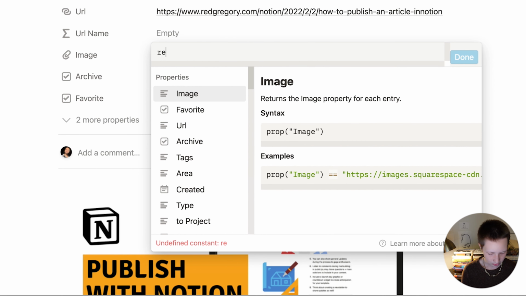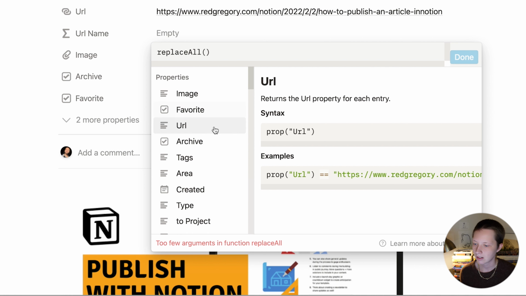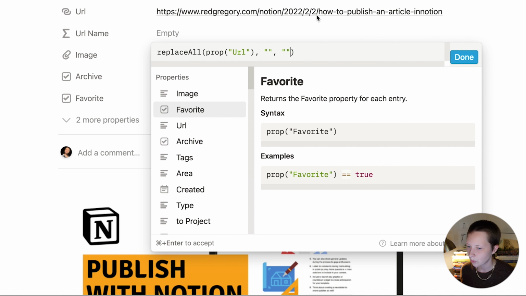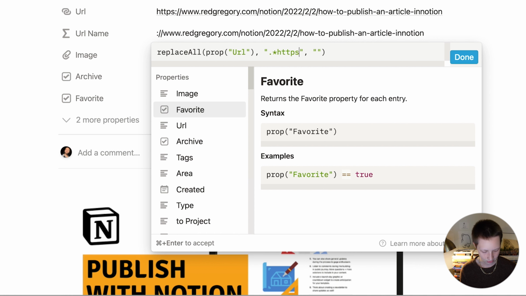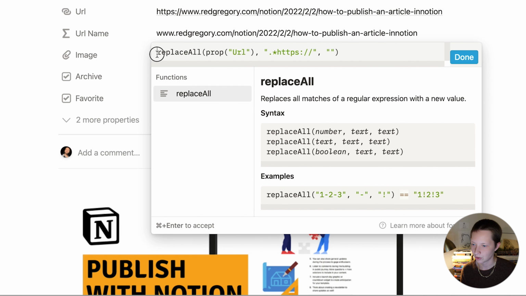So the first thing I need to do is use the replace function. I'm going to use the replace all function. Now inside these parentheses, I want to choose URL because that's the string that we're working with. Comma, I want to replace a string with something else. What do I want to replace? I want to replace everything maybe before https://. So I'm going to say dot star indicating before https://. You'll notice that disappeared. The next thing I want to do is wrap this, say replace all. This is our new string,